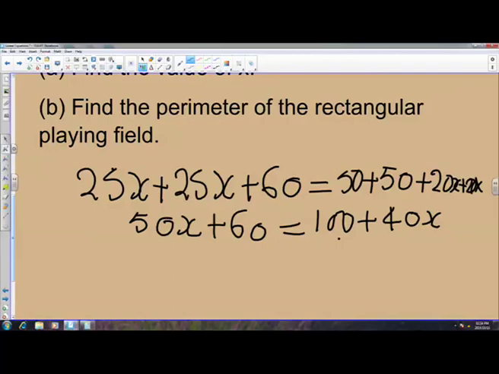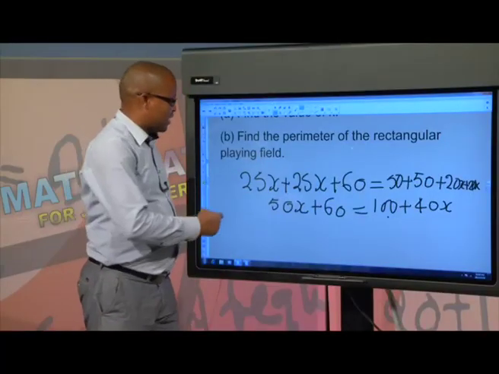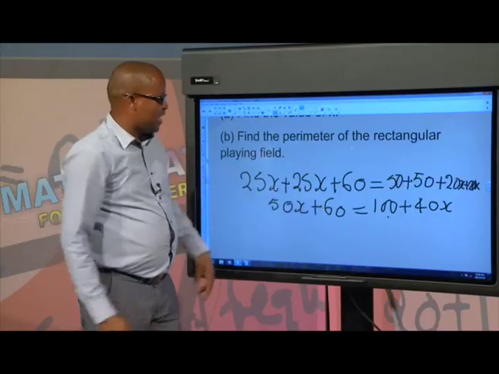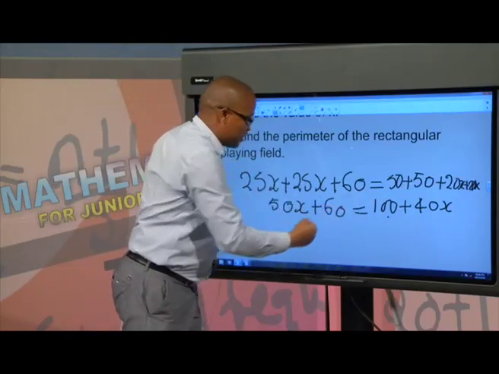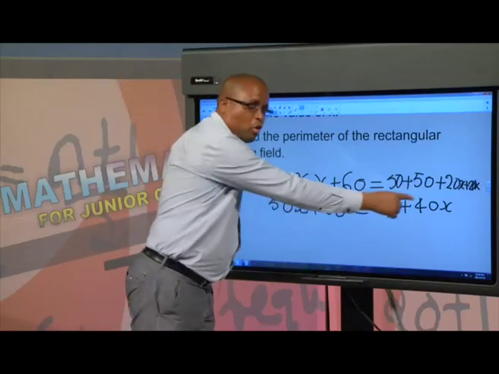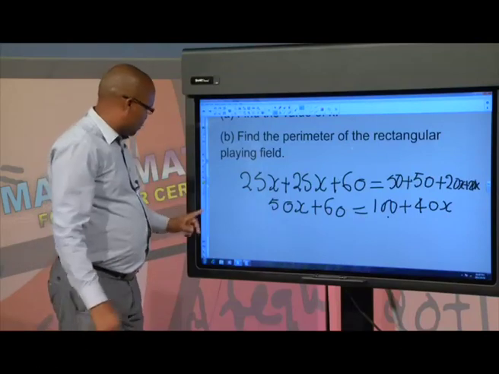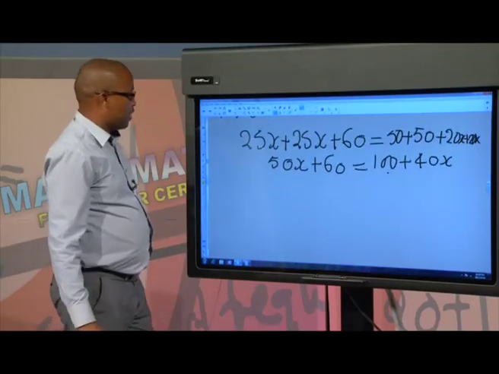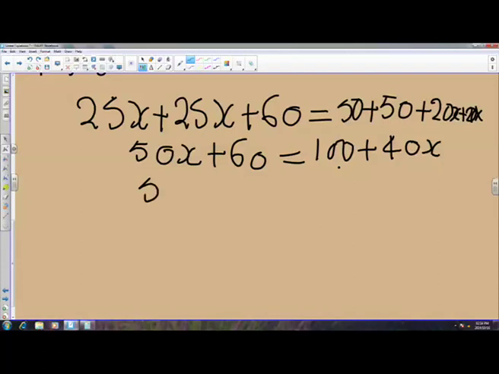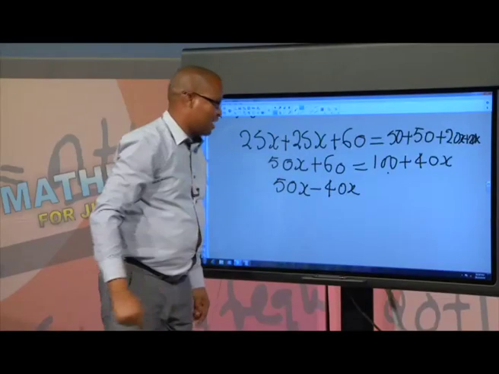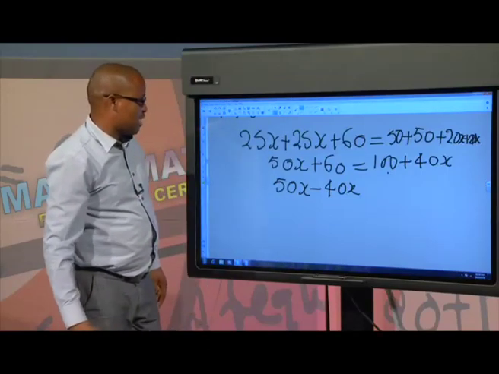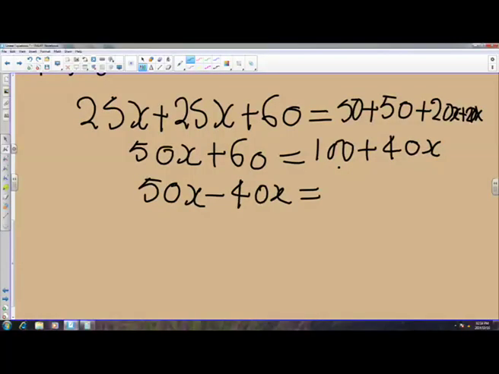Now, just like we have been doing, we are going to collect the like terms. We've got the 60 here and then the 100. 60 and 100 are like terms. And then we've got 50x and 40x, which are also like terms. Now, let us continue with our work here. This becomes 50x minus 40x. Remember, the 40 is positive, so as we take it to this side of the equal sign, it becomes negative. So 50x minus 40x equals 100